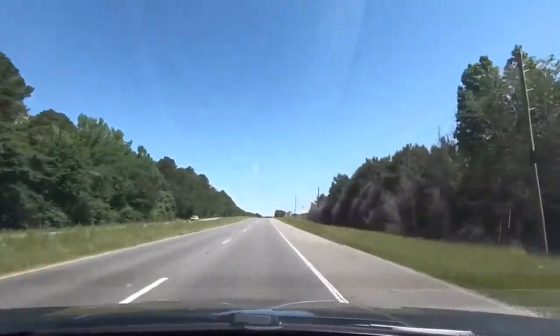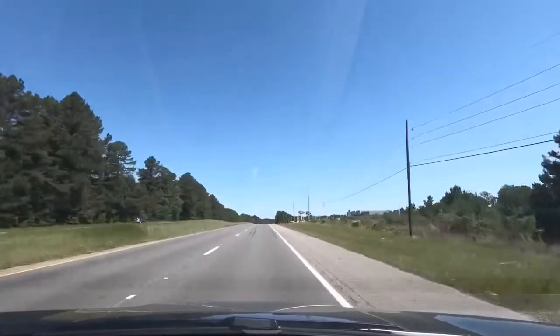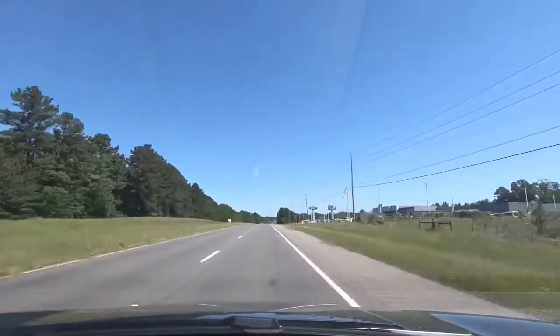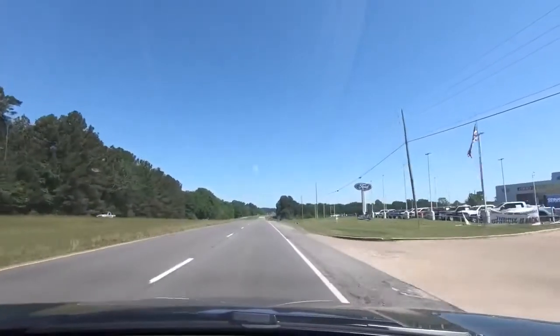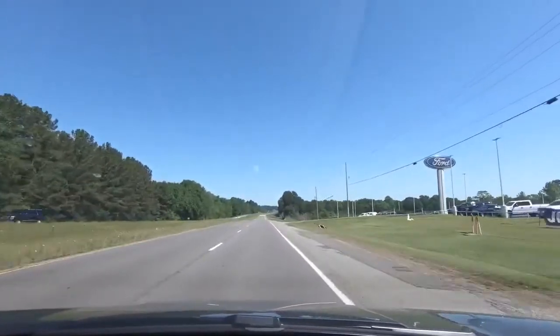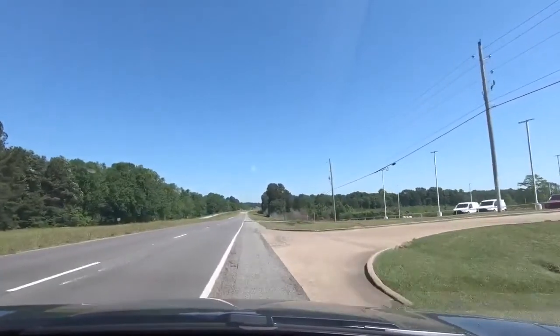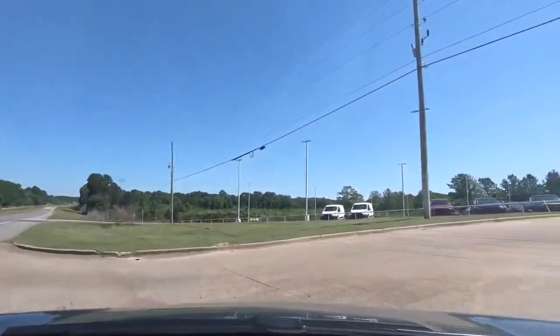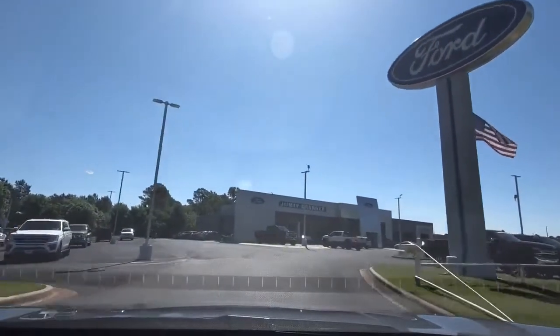But I'll tell you what, if you're looking for an SUV that's easy to get around in, and you don't really need a lot of cargo space, maybe you're not hauling a lot of cargo or people around during your commute during the week, well, this may be a really good option to consider. And if you're considering an Ecosport, tell me exactly what is it that will cause you to make a decision